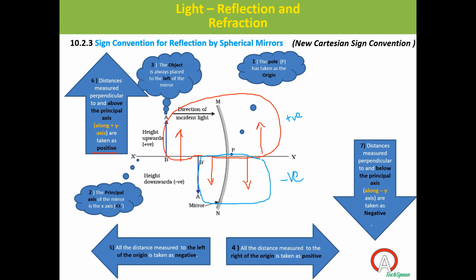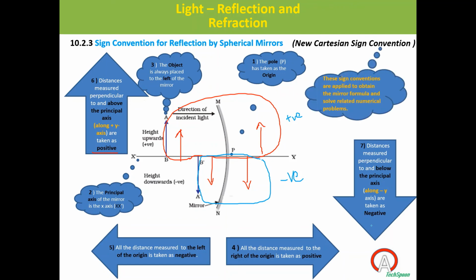For that, study the previous things. What do you mean by pole? What do you mean by principal axis? What do you mean by focal length? What do you mean by principal focus? What do you mean by object distance? Image distance? Object height? Image height? All things thoroughly. Otherwise, you will get confused. A lot of confusions will come. So that's why I'm telling, study the topics on the same day when you are taught.